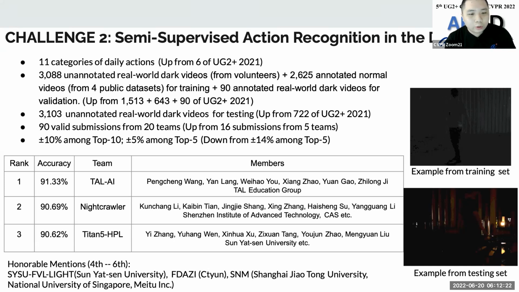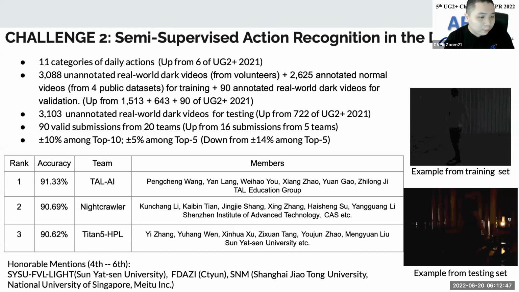So the first team is from TAL Education Group with an accuracy of around 91%. The first runner-up and the second runner-up are divided by only 1 sample. So the first runner-up is Nightcrawler from Shenzhen Institute of Advanced Technology, CAS.